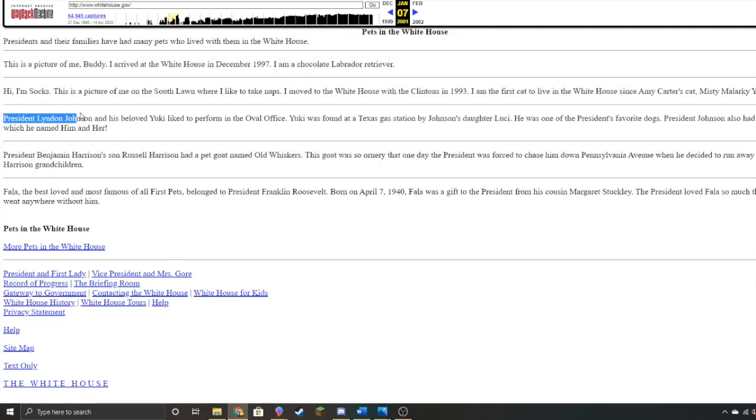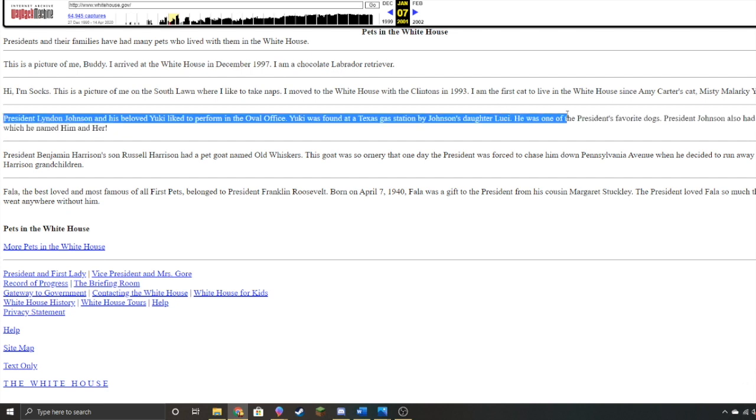President Lyndon Johnson and his beloved Yuki liked to perform in the Oval Office. Yuki was found at a Texas gas station by Johnson's daughter Lucy. He was one of the president's favorite dogs. President Johnson also had 2 beagles, which he named him and her...